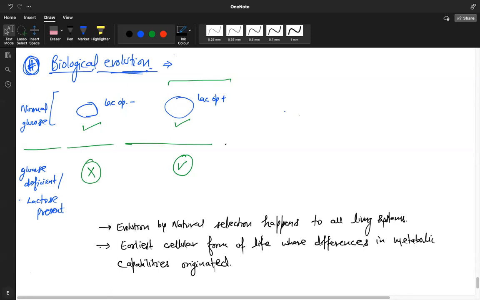But they can also do it because they are less complex. The less complex the organism, the more robust changes it can show and tolerate, because it has nothing to lose. It is just one cell. Any change you make, if you survive that change, it's an evolution. If you don't survive, you perish.